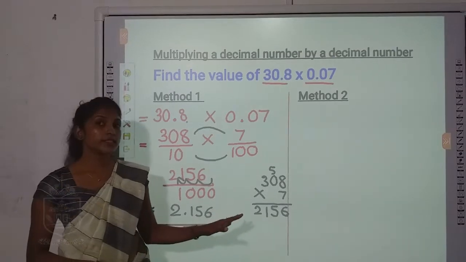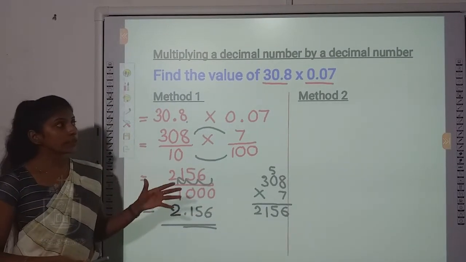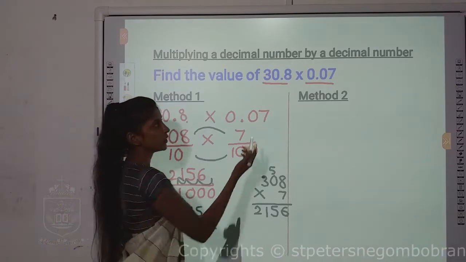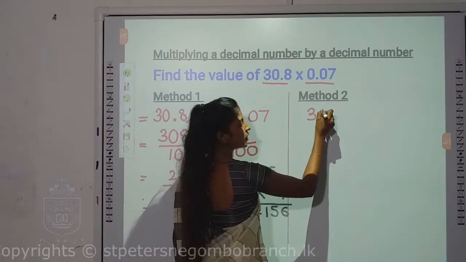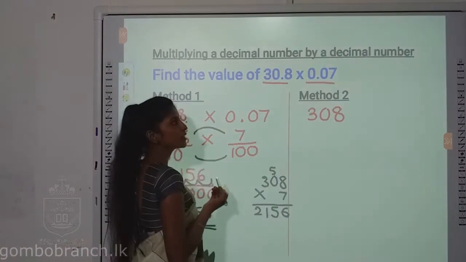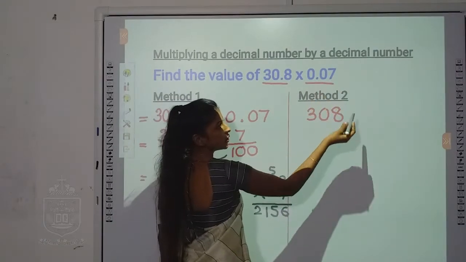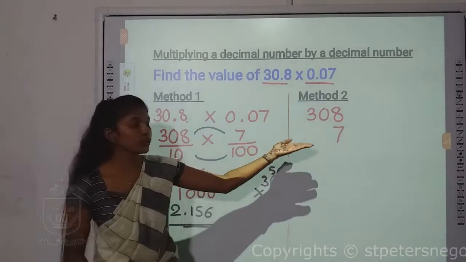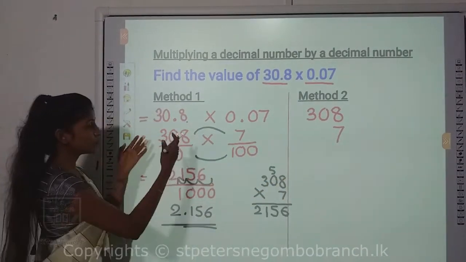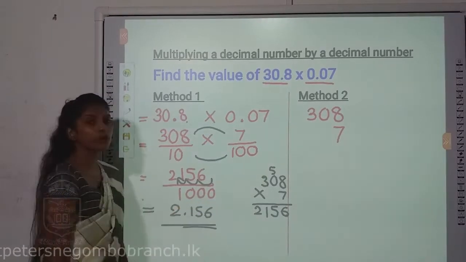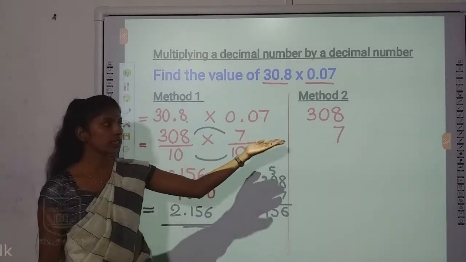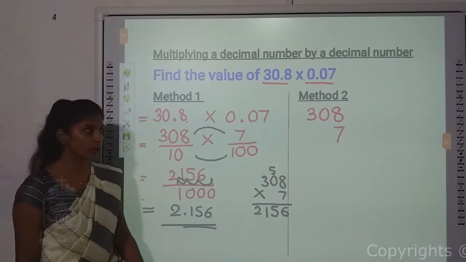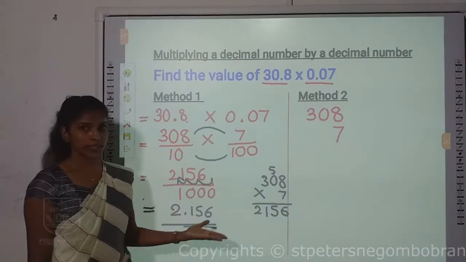So in the second method, like the previous example, we are going to neglect the decimal point. Okay, let's neglect the decimal point and multiply. So once you neglect the decimal point, what you have? 308 from the first. Second number, once you neglect the decimal point, what's the number you have? 7. So can you see the same multiplication, but you are going to do it from one step. Here you have to convert them into fractions and then perform the multiplication. But you all can see here, we can multiply directly without going for fractions like this. So I hope this method will be easy, but you all can decide that, okay?